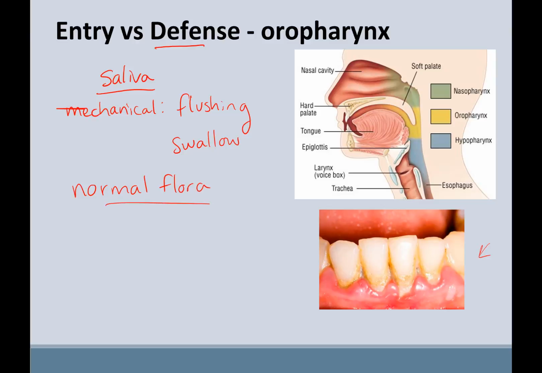Right, and we talked about this on Monday. So your teeth have some good bacteria there. We can mechanically get rid of some of that bacteria with brushing our teeth. You've got normal flora in your nasal cavity and other places in your mouth. And remember, the advantage of normal flora is it helps to outcompete some of the potential pathogens. Okay. So our weakness